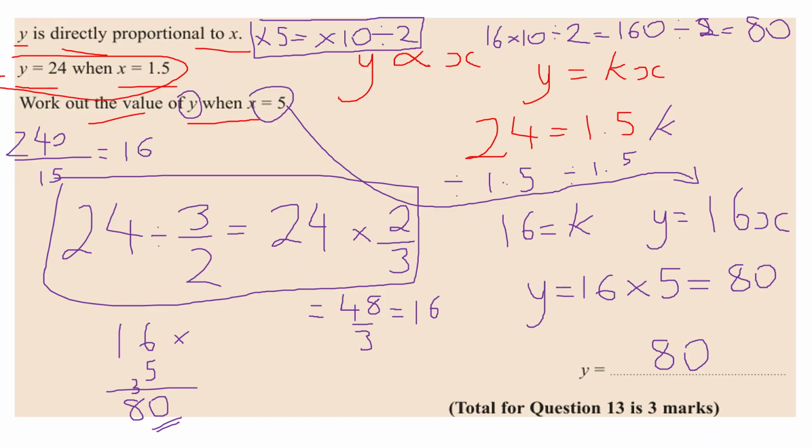But remember that when you divide by a decimal, you have to be a bit careful when you're counting up. 1.5 here isn't too bad, but if you divide by something like 1.63 or 1.67, that's when it becomes a bit trickier. This was a non-calculator Edexcel paper from the 2023 series, looking at direct proportion, and it was question 13, worth 3 marks.